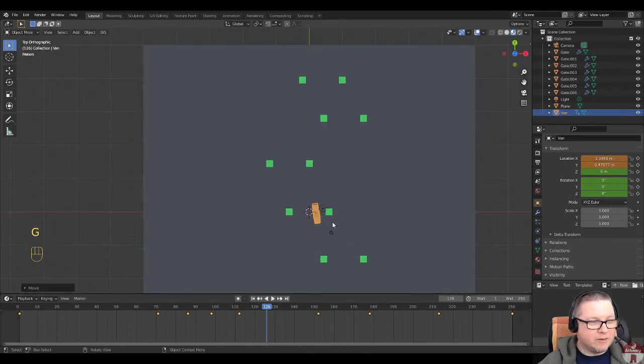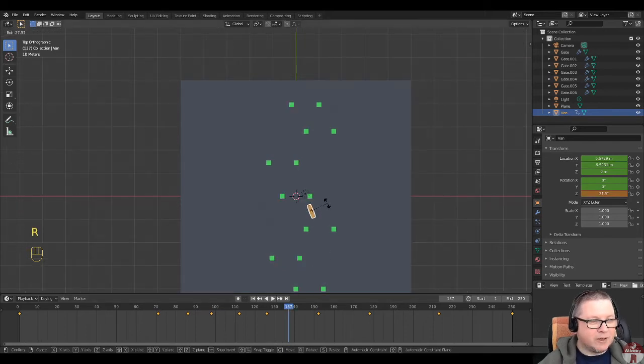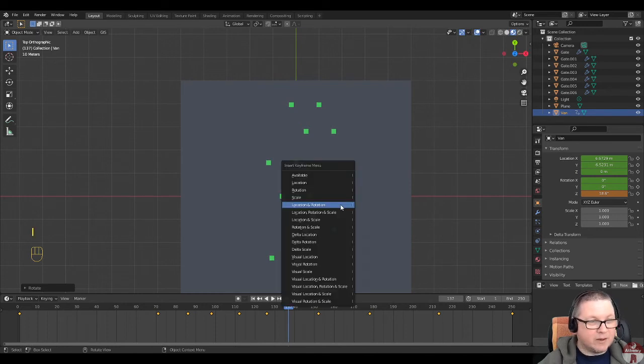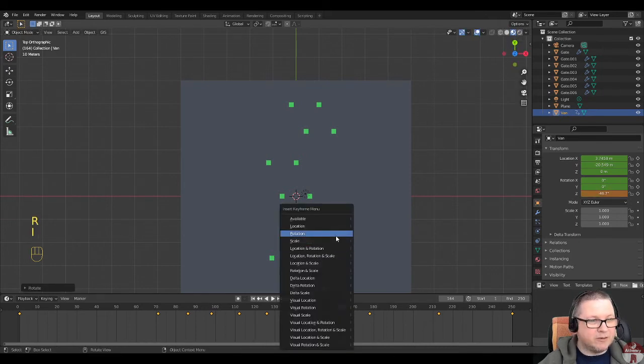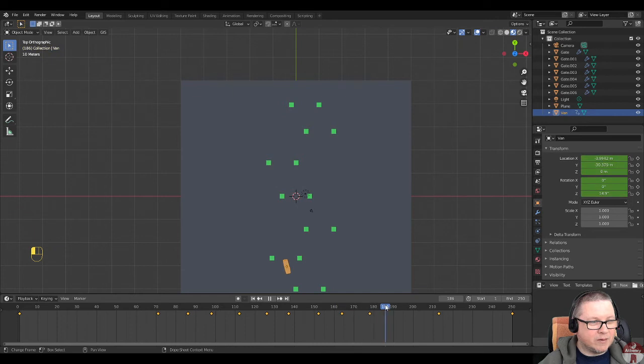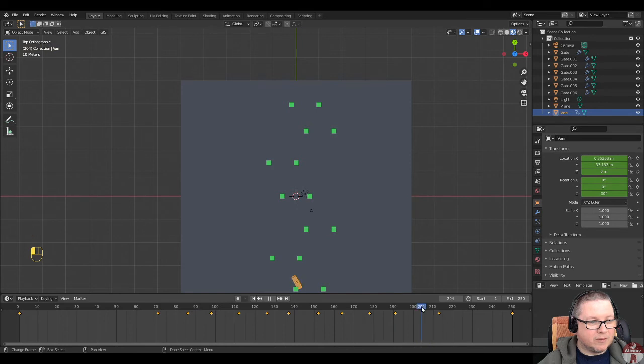So we're going to hit G, keep the angle at the moment. I, location, rotation, that's okay. Onto that one. Again, it's turned too much, so it should still be angled more that way. So I, rotation. Again, it needs to have more of a rotation there as well. I, rotation. And I think definitely there it needs more of a rotation to take it around. Oh, and here it's hitting the